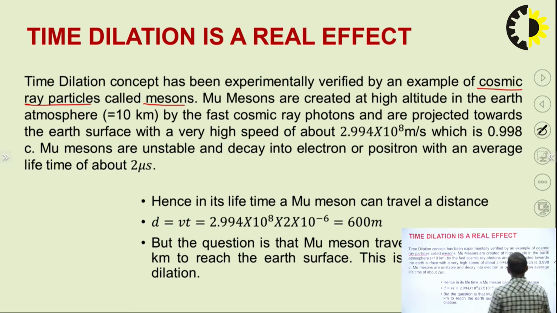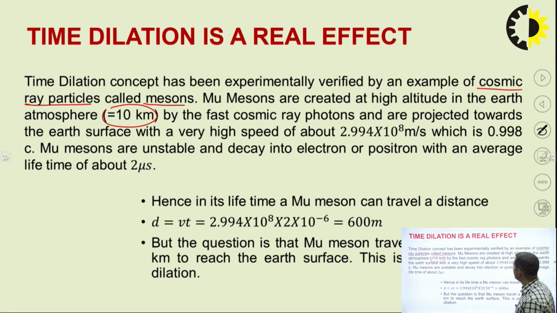Basically, they are created at a height of 10 kilometers from the earth. That means in the atmosphere they are generally created at 10 kilometer height, and they can reach the earth. How they can reach the earth, we can justify with the help of time dilation